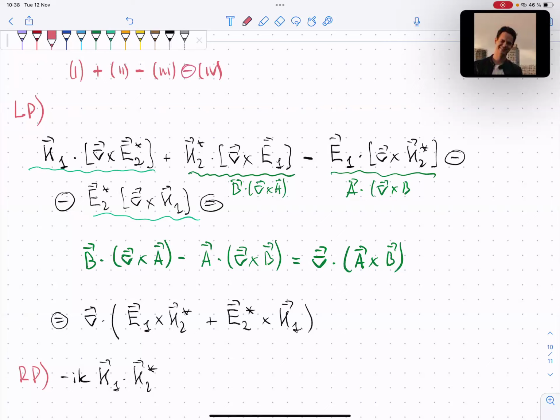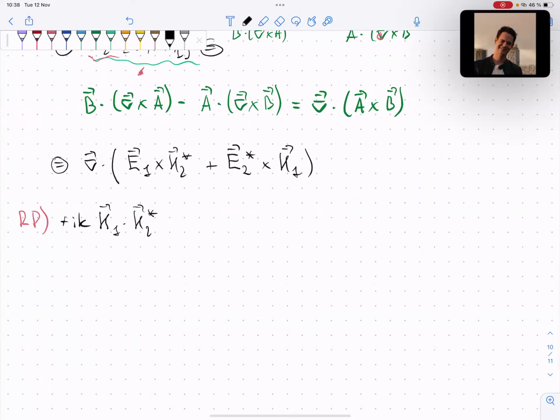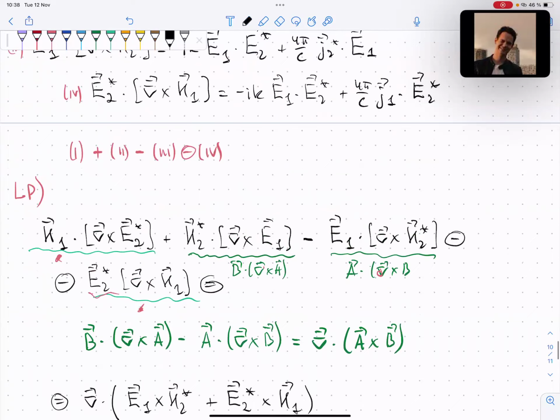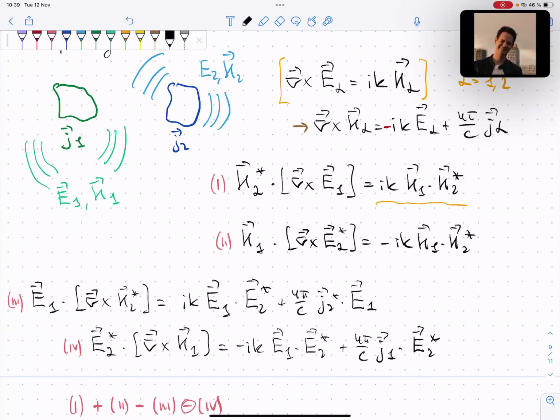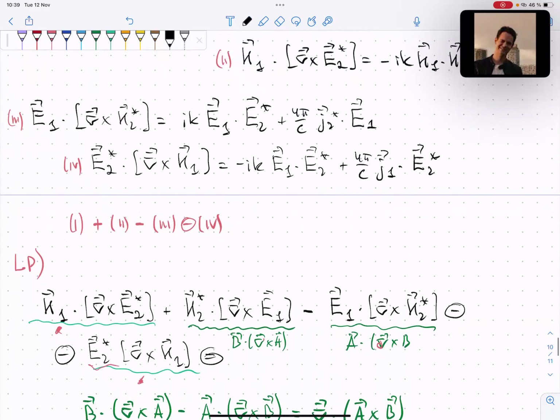So we have B times curl of A minus A times curl of B. Yeah, okay. So this will be IK H1 times H2, then plus the second equation, which is minus IK H1 times H2 conjugated, then minus the third equation,